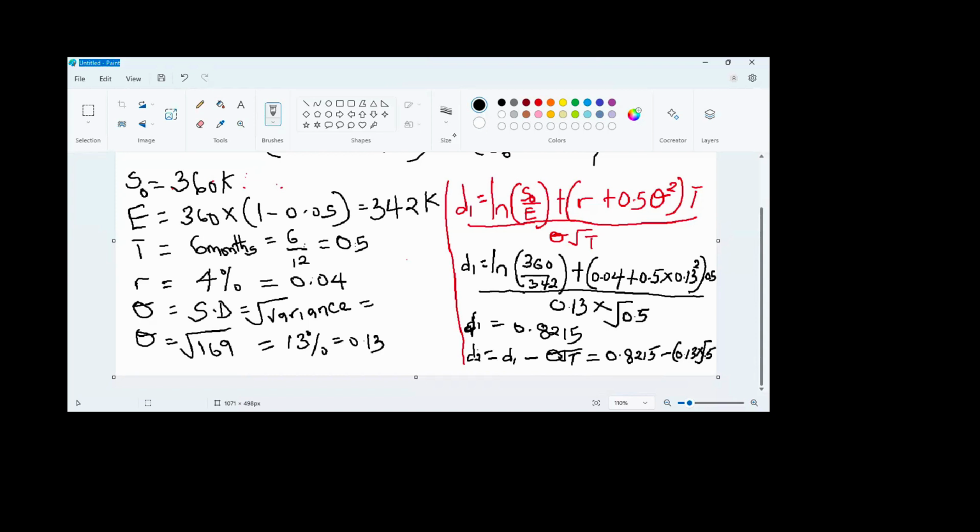Now let's try to work this out. Now pick your calculator again. To get your D2, 0.8215 minus, open a bracket, 0.13 multiplied by the root of 0.5. What's your final answer? 4 decimal places. Your D2,